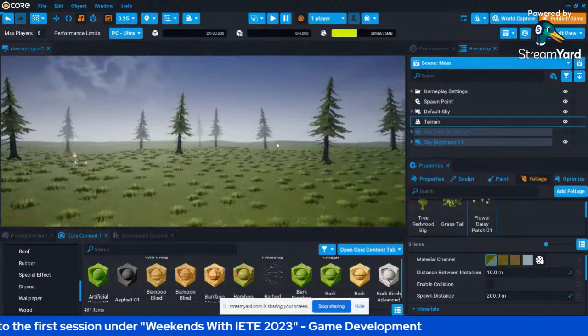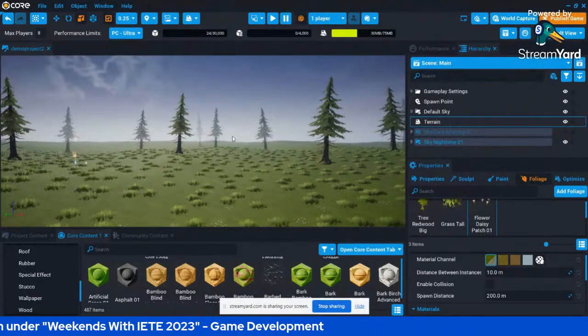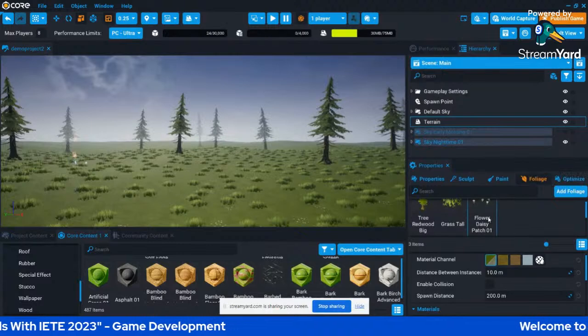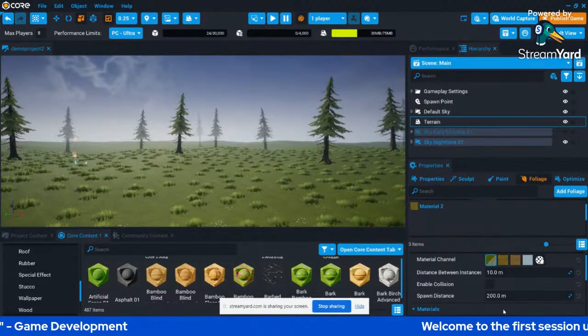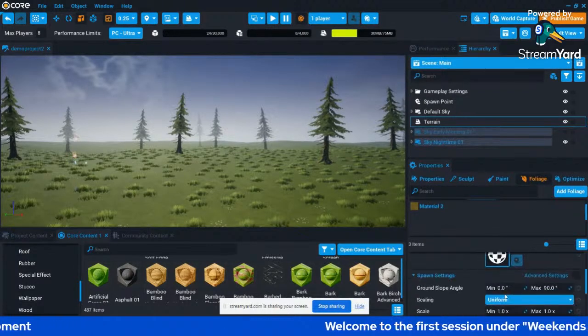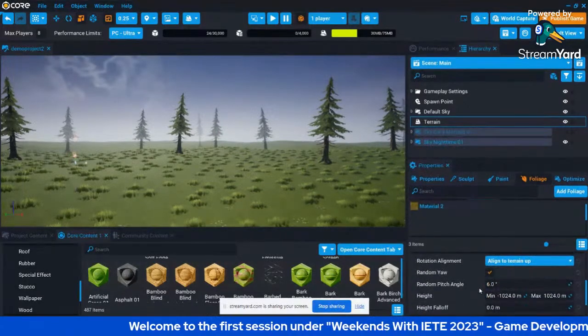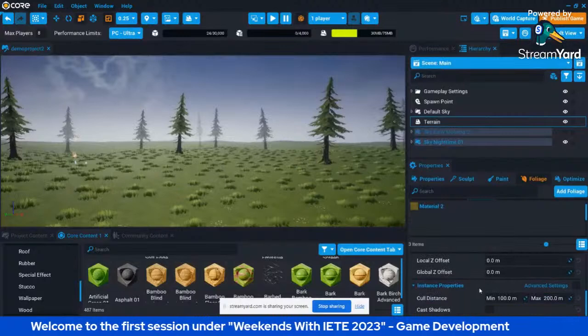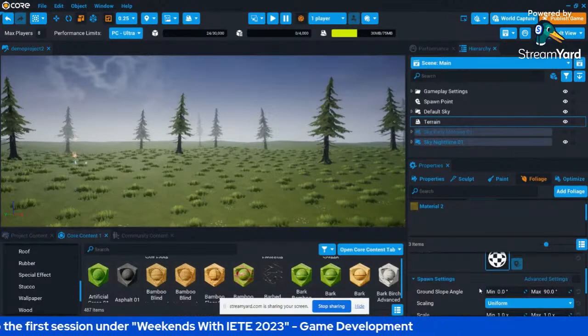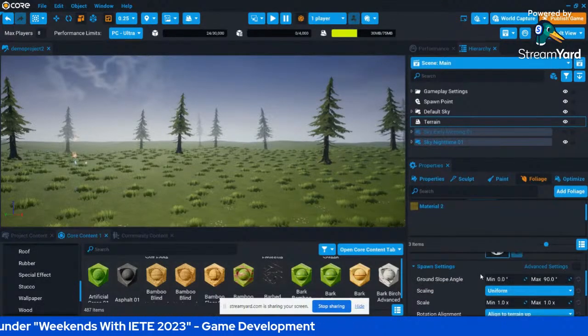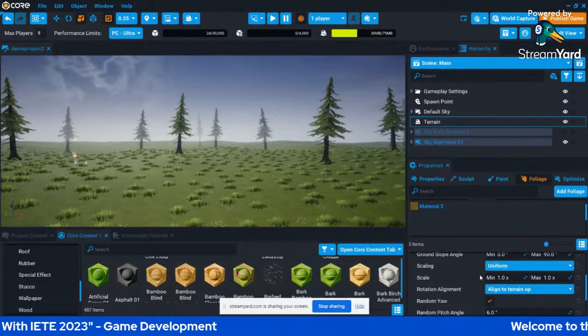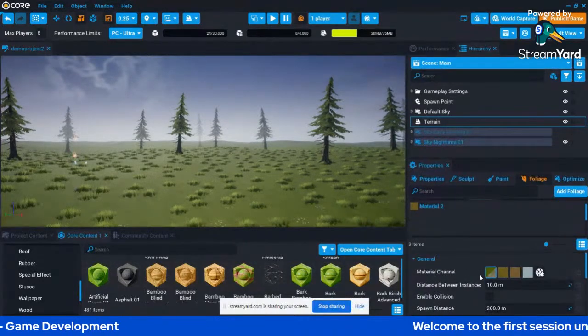Now can you see this little bit foggy space behind? These are the spawn settings, basically where your player will be at the beginning of the game.